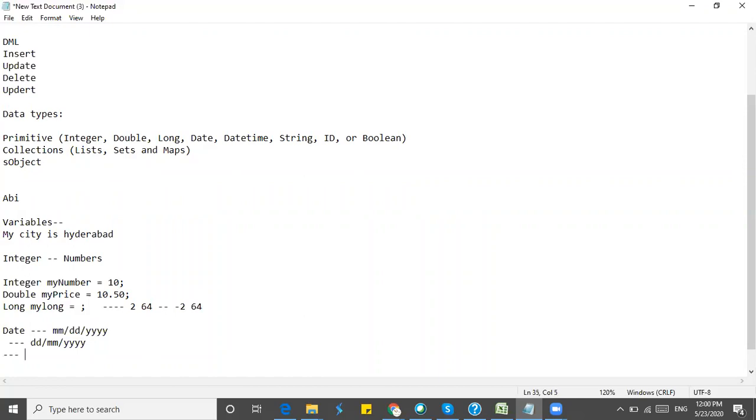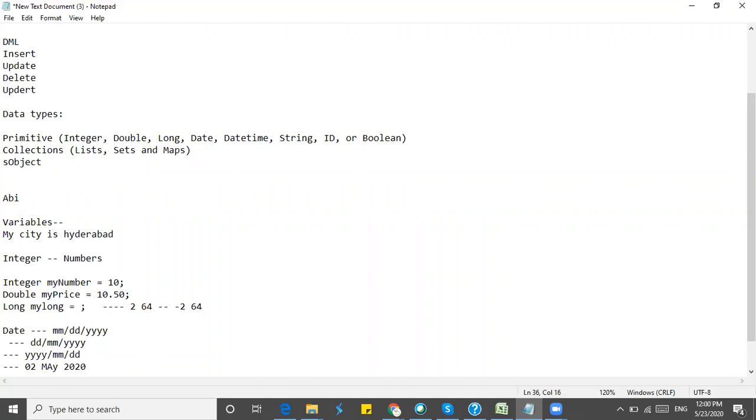We have another format, yy, mm, dd, and it will also accept formats like 02 May 2020.